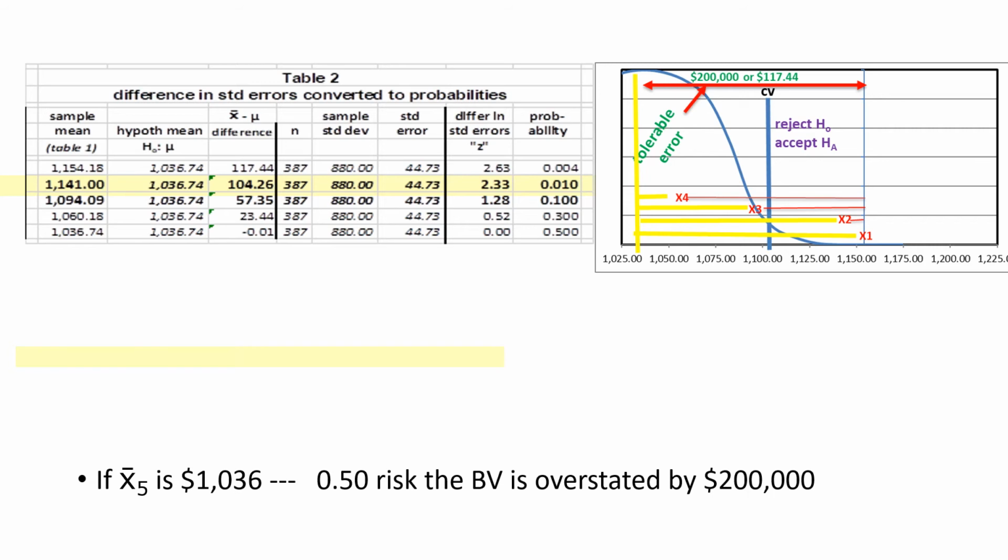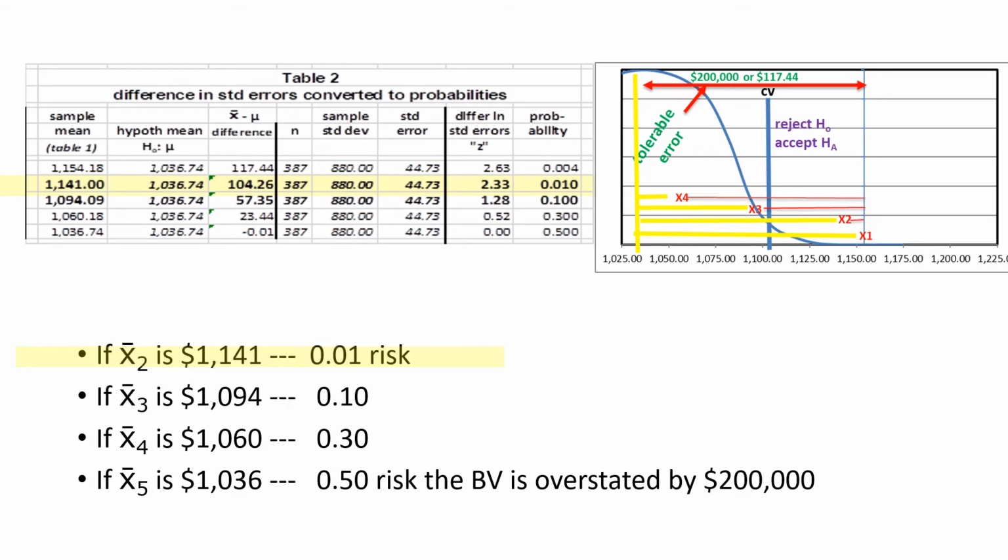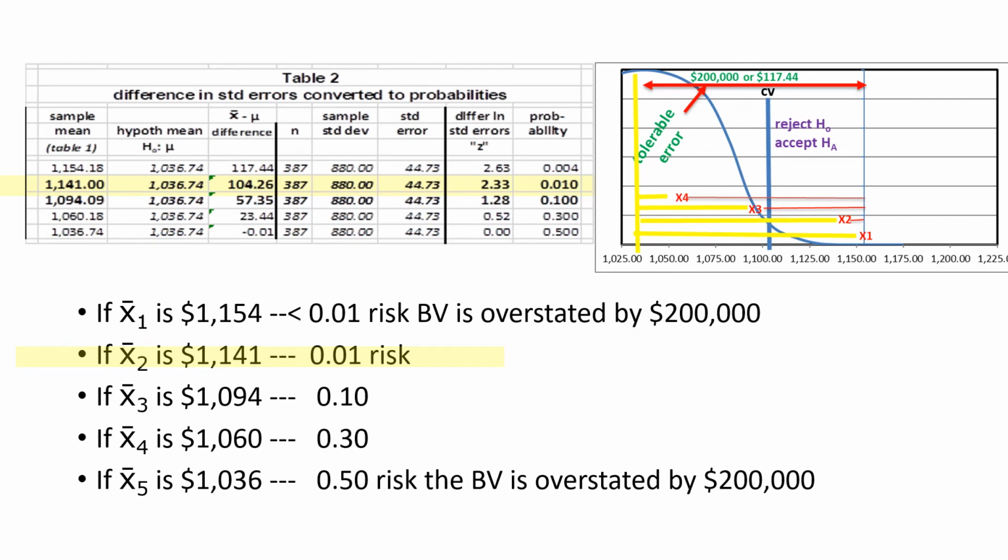That's 2.33 standard deviations to the right of our hypothetical mean. We can look at the tables and see that there's a 1% chance of getting that. I guess I goofed up here and started the wrong direction, so shame on me. If the sample mean is $1,094, then that's $57 greater than the 1036, and that's 1.28 standard deviations. The tables will tell us the probability of getting a sample mean 1.28 is